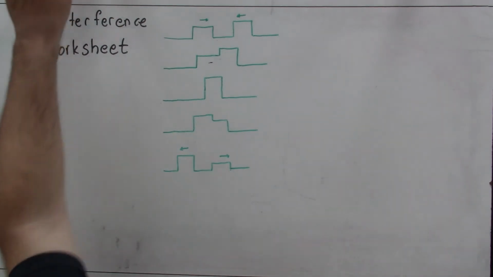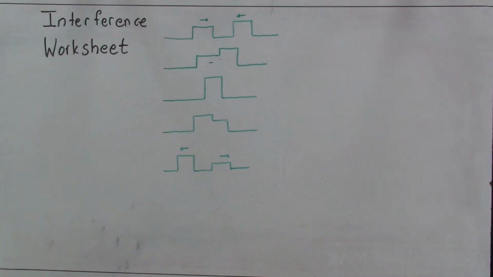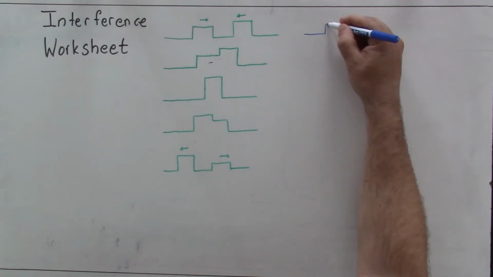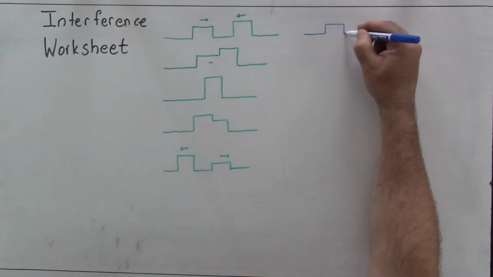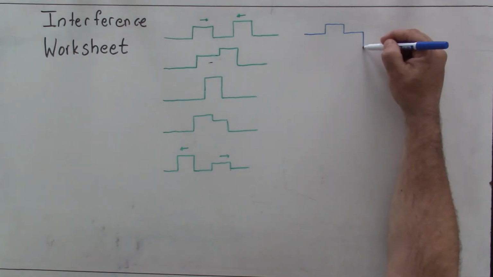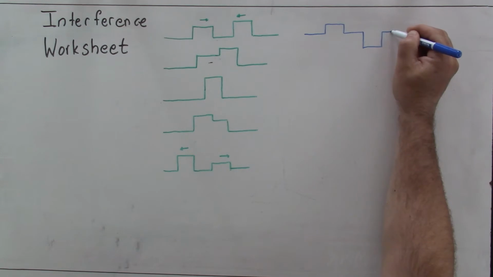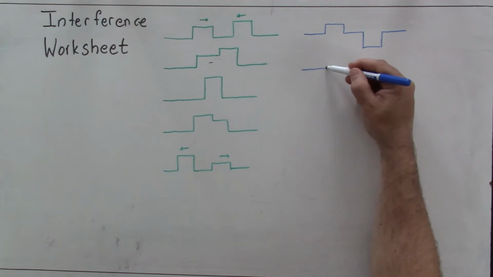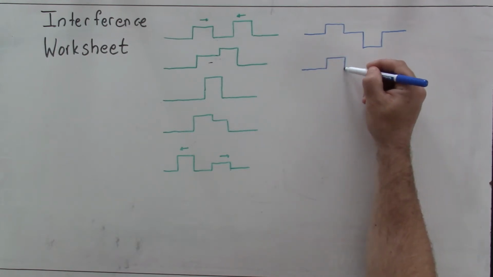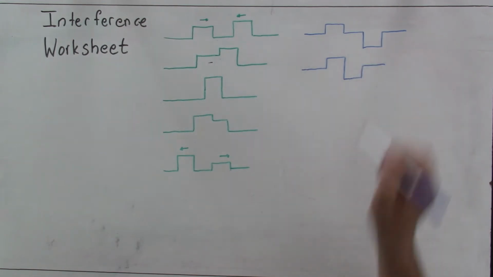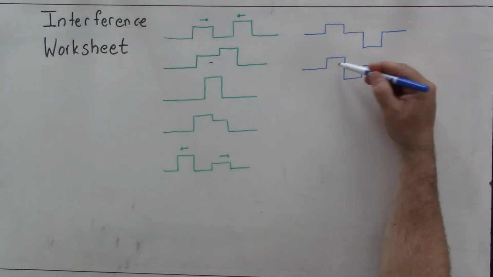Let's do the next one. The next one we have a similar situation, but we have the 2 high moving toward the 3 high, but now it's 3 high, but it's down, which is interesting. So again, they're moving toward one another. So this is still 2 high, but now this is 3 high and down. And this time when they're right on top of one another, since this is 3 down and this is 2 up,